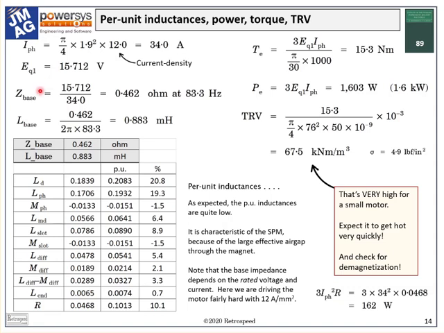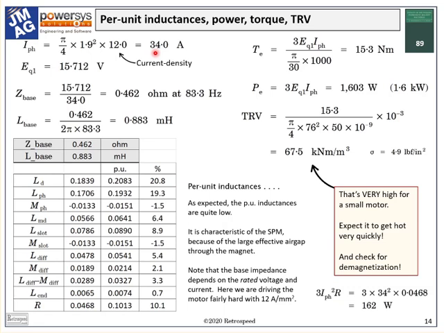Since we have a wire diameter, we can estimate the current if we assume a current density, and I'm going to use a rather high value of 12 amps per square millimeter, which is very high for a small totally enclosed motor with no special cooling, although it might be acceptable for intermittent operation. The resulting current is 34 amperes RMS,